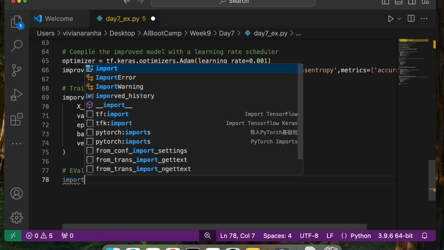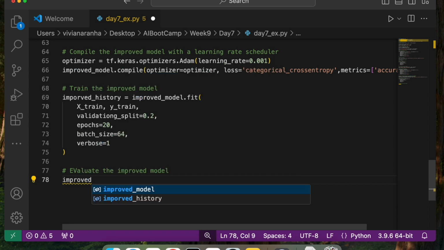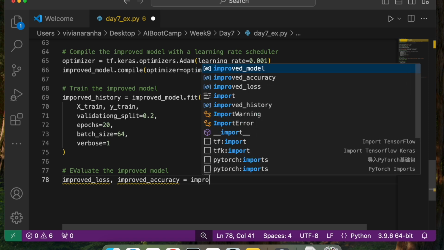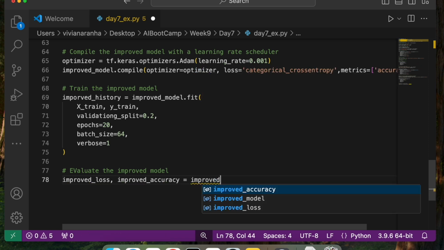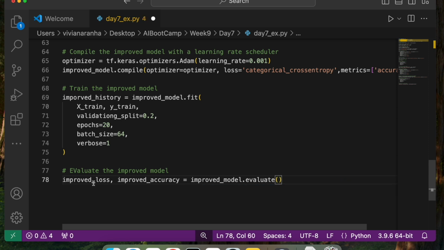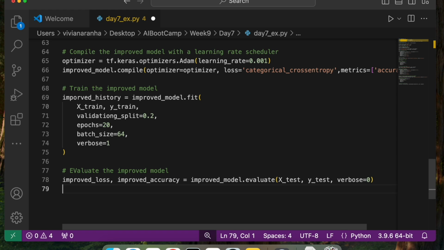I'm going to say improved_loss and improved_accuracy equal to improved_model.evaluate, and I'll pass it our values, which is x_test, y_test, and verbose equal to 0, same parameters that we gave earlier.